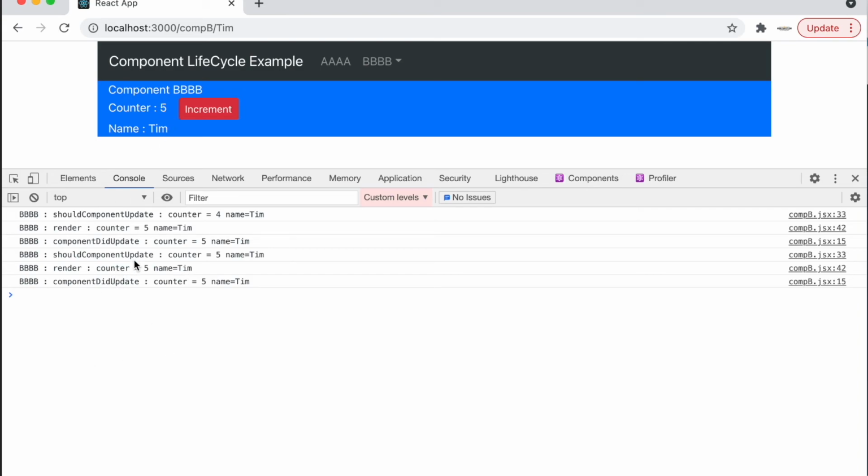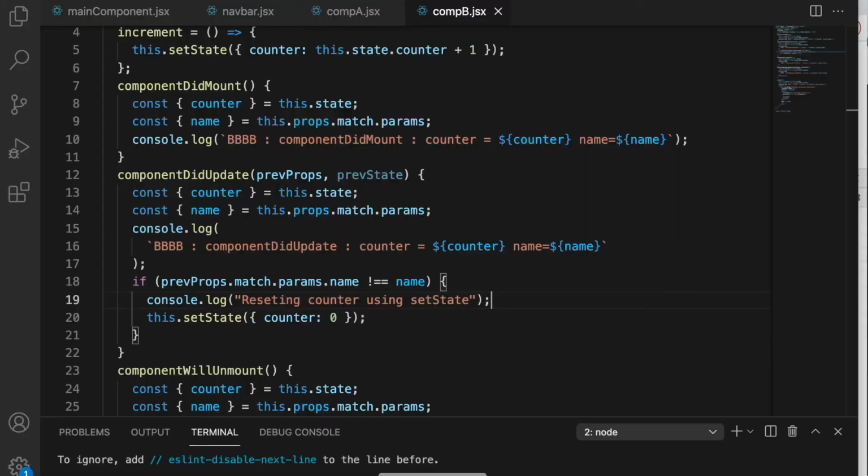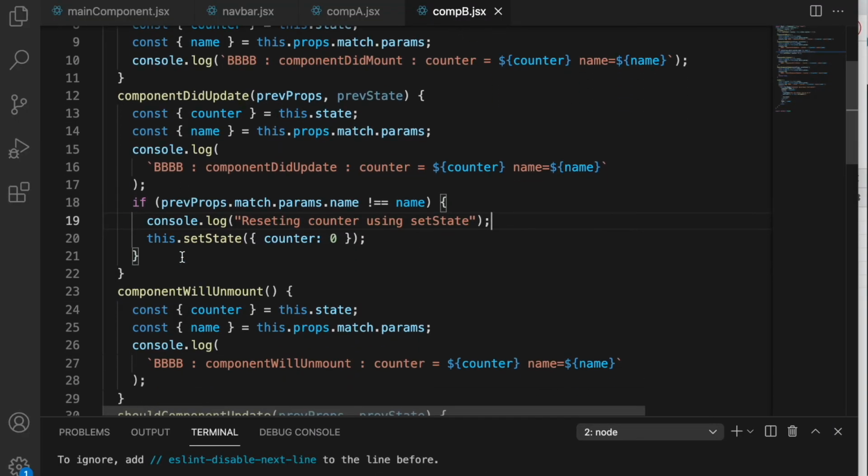So we got an update, the update got fired, but nothing came out of it because we handled it. How did we handle it? The same way we compared the previous props. So depending upon what your logic is, you can do it.